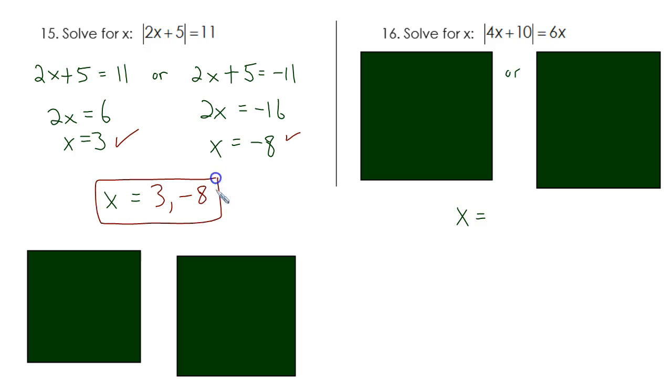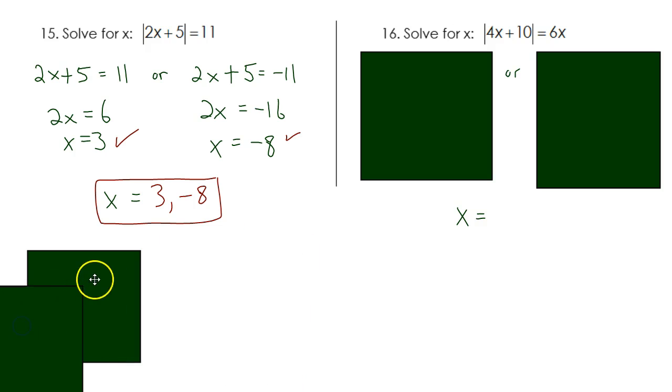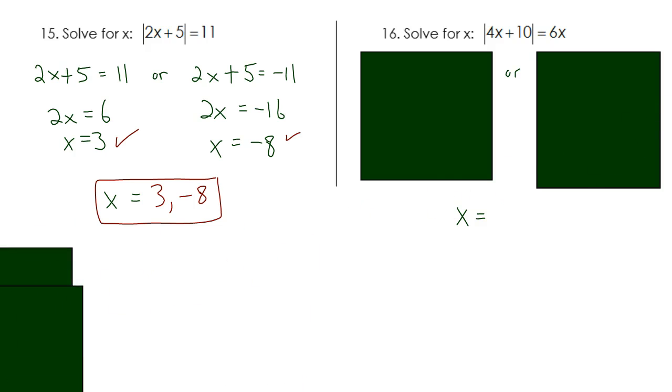Most of the time, I think that you are going to have two solutions. There are cases where you have one or zero solutions. Before I get to number 16, I want to try to give you an example of when you would not have a solution algebraically. So for example, if I had the absolute value of x minus 5 equals negative 6,